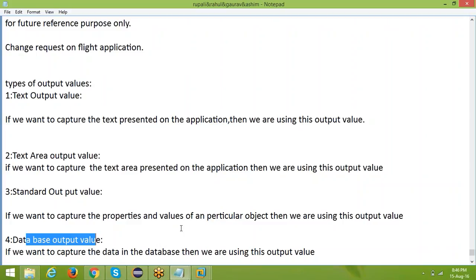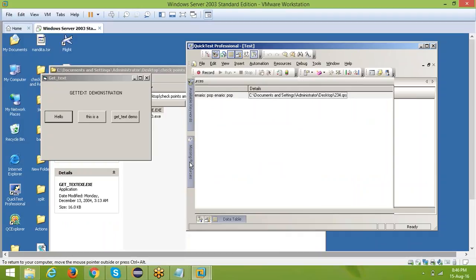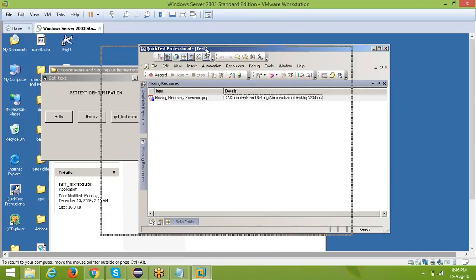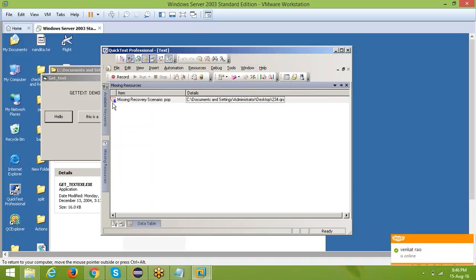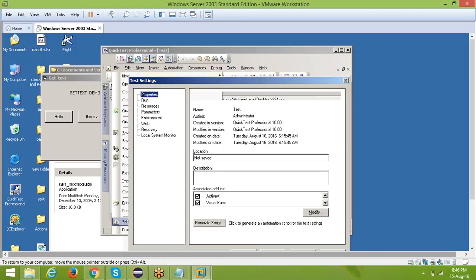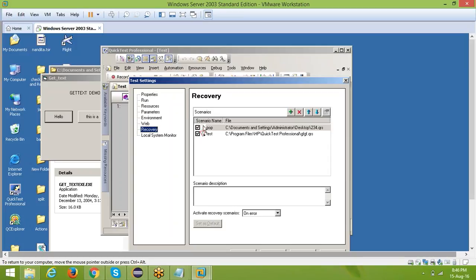The warning related to the earlier one here does not belong to this one. When I did recovery scenarios, here it is. Because of this, it says warning. If you remove this, it doesn't show any warning. By default, in my QTP it says warning. If I remove this, it doesn't come up. So go to the recovery. Because of these, we are having the warning. If you remove these ones,